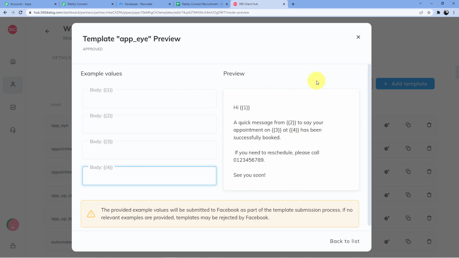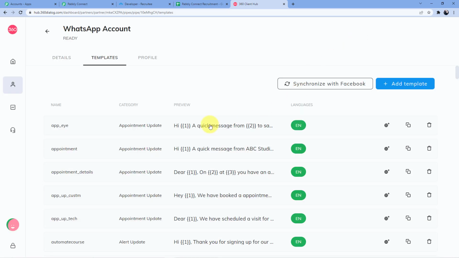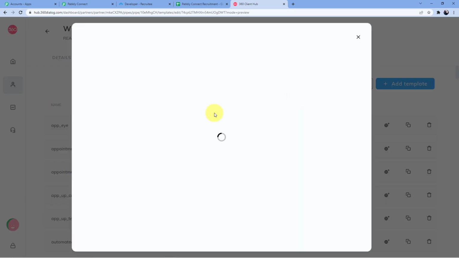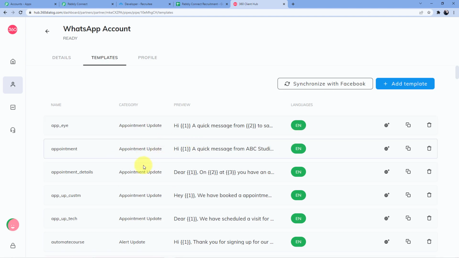And first you will send this to Facebook. And from Facebook, you have to get it authenticated. Once Facebook authorizes your template, after that, you can use that template to send messages through your WhatsApp. Now, this authorization can take 5 hours. It can also take 1 day. It can also take 2 days. So you do not have to panic.